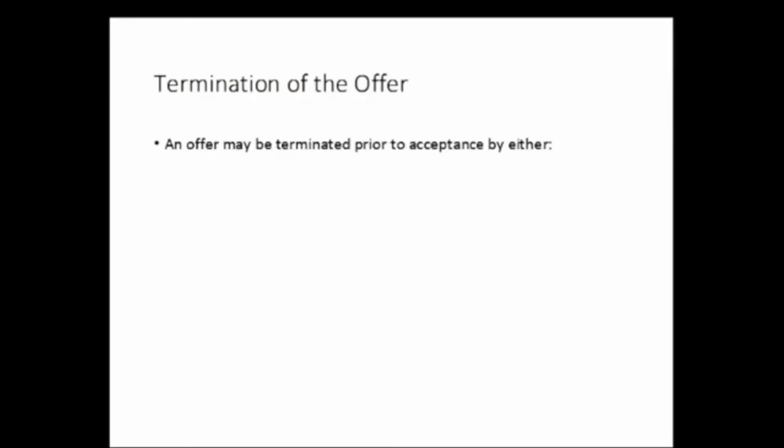Now let's talk about, again, definiteness of terms. The terms can be either expressed or implied, and in terms of that, you're looking at the identification of the parties, the object or subject matter of the contract, the consideration to be paid, and again, that's the money, and the time of the payment, the delivery, or performance. Those are some of the terms that they're looking for specificity in order to determine whether or not this is a generally enforceable contract. And then, how is it communicated? Well, first is the offeree's knowledge of the offer, either directly by the offeror or by use of agents.